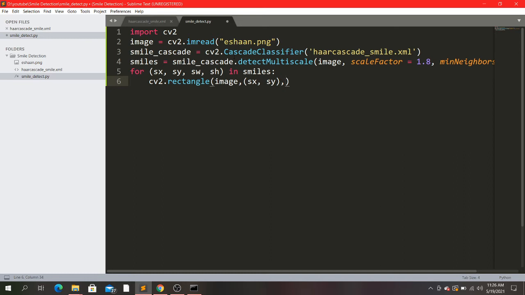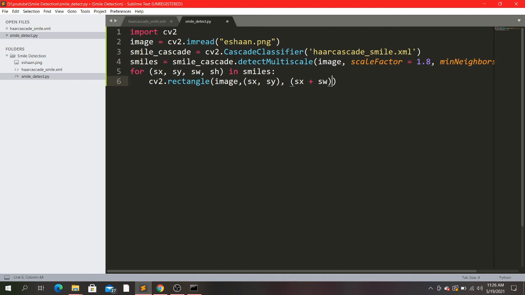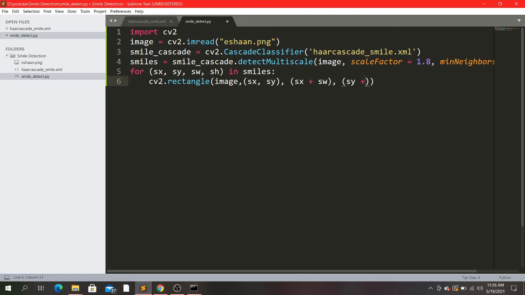For drawing the rectangle we need the width and the height. The width will be the x coordinate plus sw, and the height will be the y coordinate plus sh.